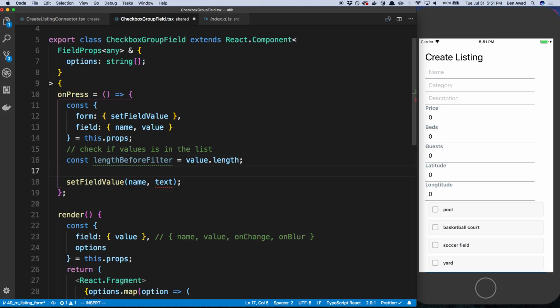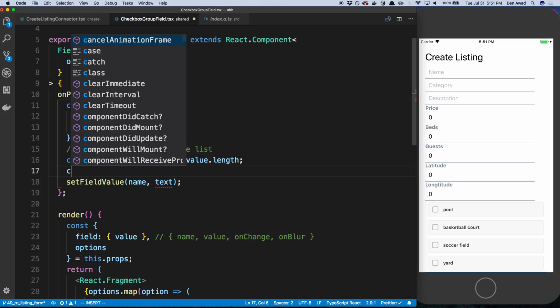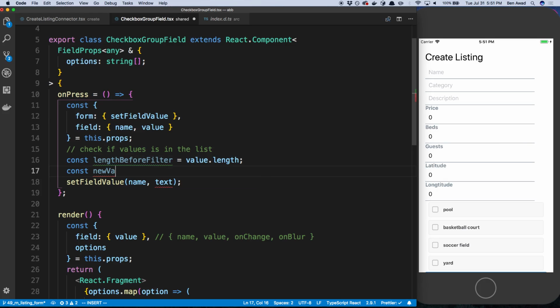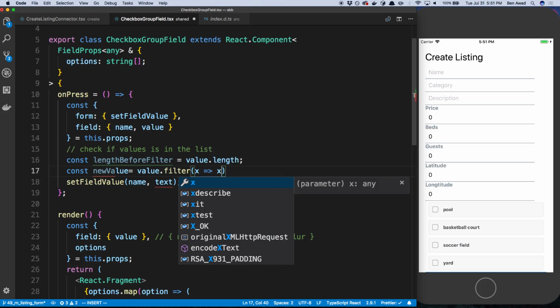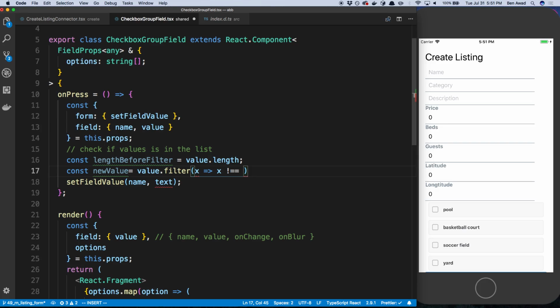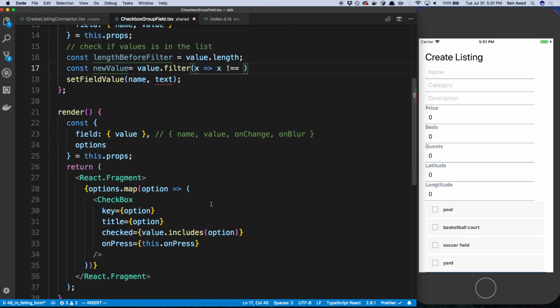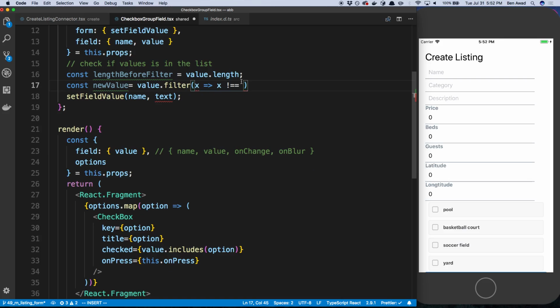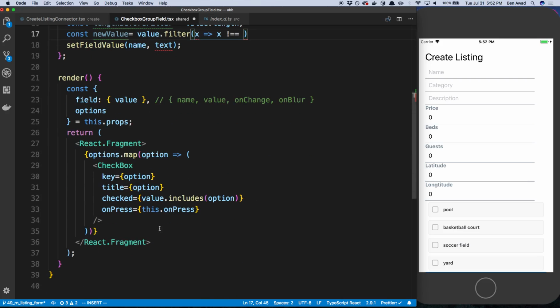Then I'm going to say const new value is equal to value.filter, and I'm going to say x is not equal to, and then the thing that I want to, oh, you know what? I need to know the option that we're filtering here. So in that case, what I'm going to do,